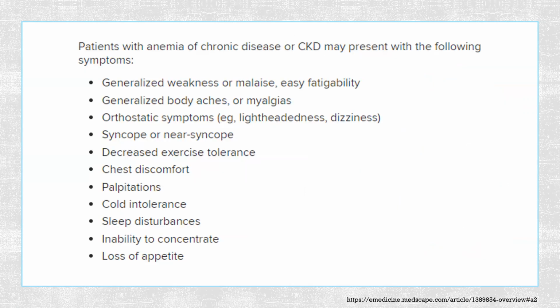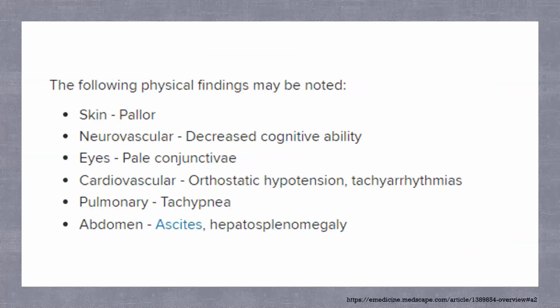Patients with anemia of chronic disease may present with the following symptoms: generalized weakness or malaise, generalized body aches, myalgia, orthostatic symptoms, syncope, near syncope, decreased exercise tolerance, chest discomfort, palpitations, cold intolerance, sleep disturbances, inability to concentrate, and loss of appetite. The following physical findings may be noted: paler skin, decreased cognitive ability, pale conjunctiva, orthostatic hypotension, tachyarrhythmias,